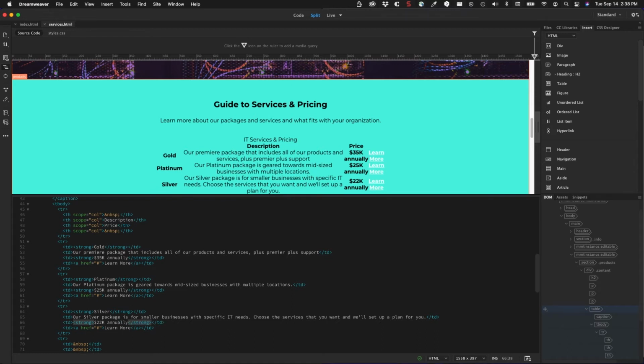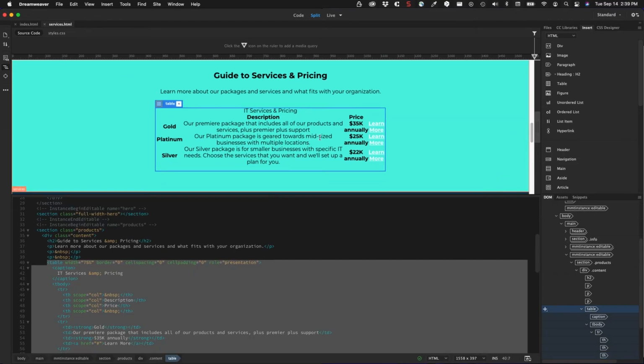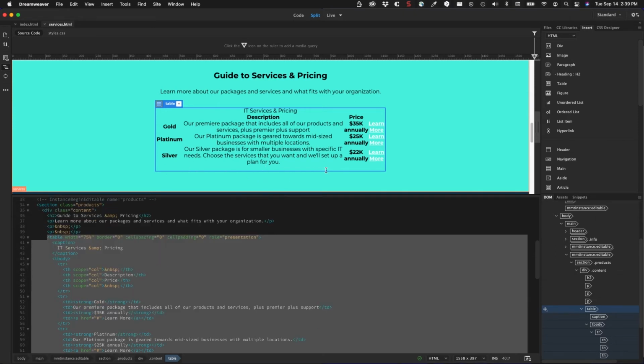Okay, so if we save those changes and we take a look in here, our links are white because of the existing style sheet. Now, one thing that we want to fix is all the spacing here. And then we want to address the colors in the background. We'll address the link colors. And then this last row that doesn't have anything in it, we want to put in kind of like a